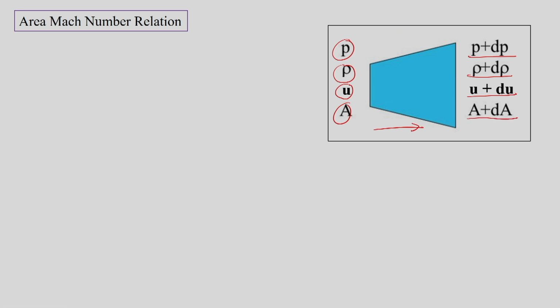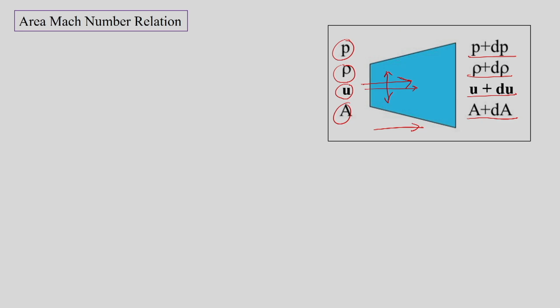Such a condition is no more one dimensional, since here the area is varying in the direction of flow. That is why there are changes in the fluid properties in the direction of flow, and there are certain changes away from, or normal to, the direction of flow. If the changes happening normal to the direction of flow are small, then such flows are called quasi one dimensional flows.